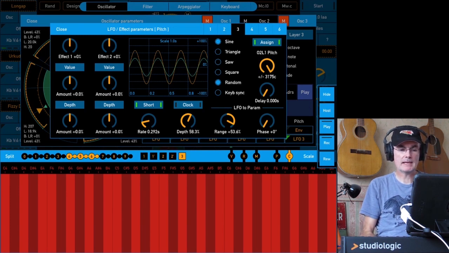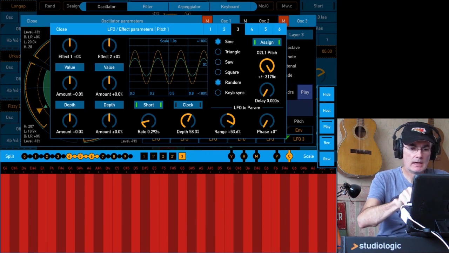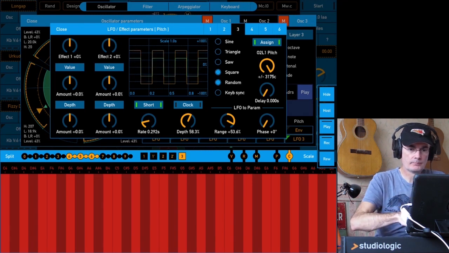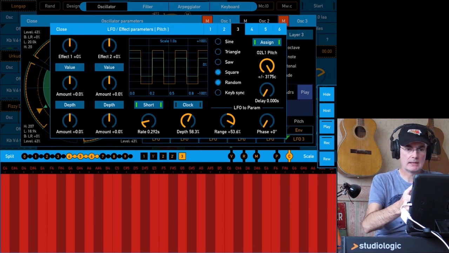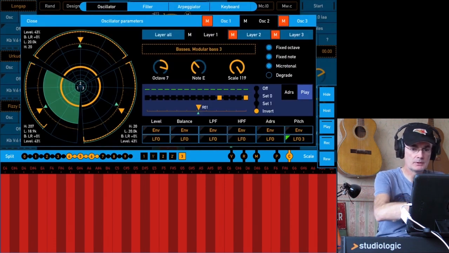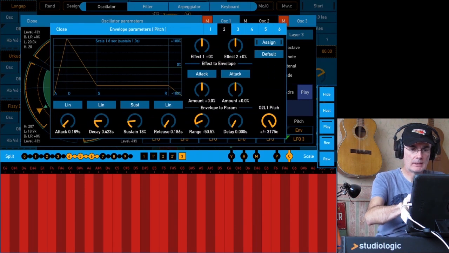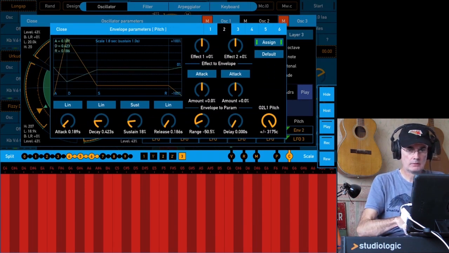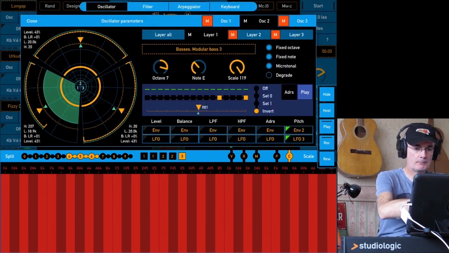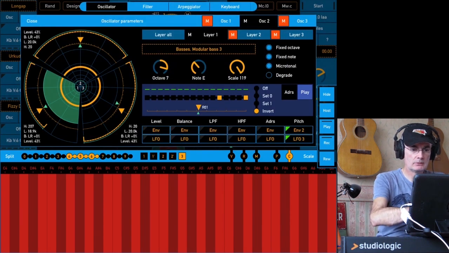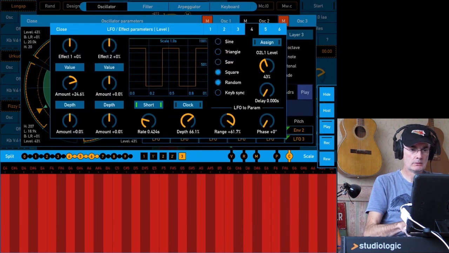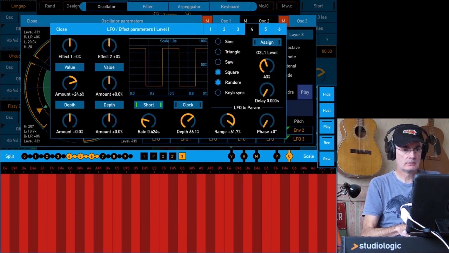So you can see we're taking away layers of complexity, and we're getting to the elements of this patch. So we have to restore those levels of complexity now. So that's all as it was. We put the envelope back on. We won't tinker with that. If we go back to the level and put the LFO back on